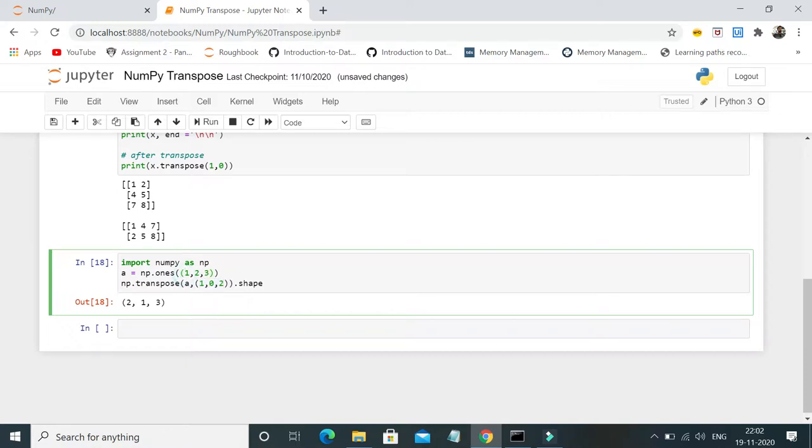Here we have the index as 1 comma 0 comma 2. So what is present in the first index? 2 is present in the first index. What is present in the zeroth index? 1 is present in the zeroth index. What is in the second index? It's 3.